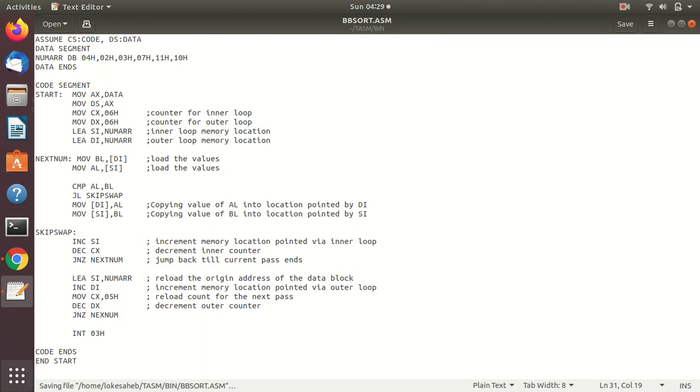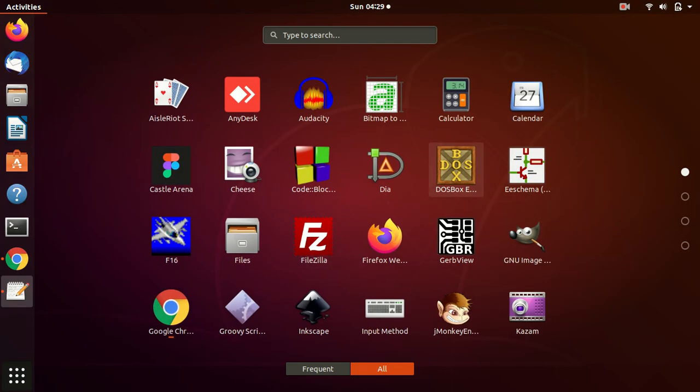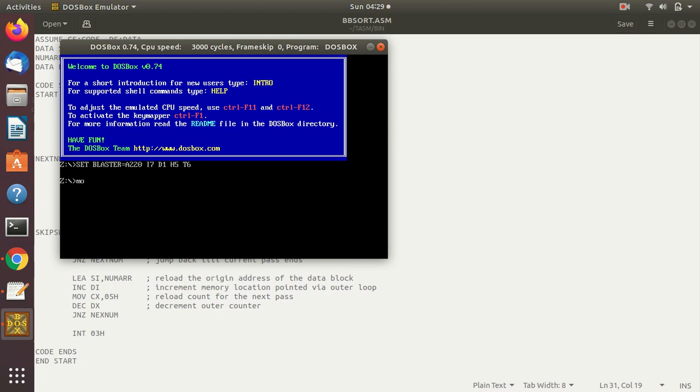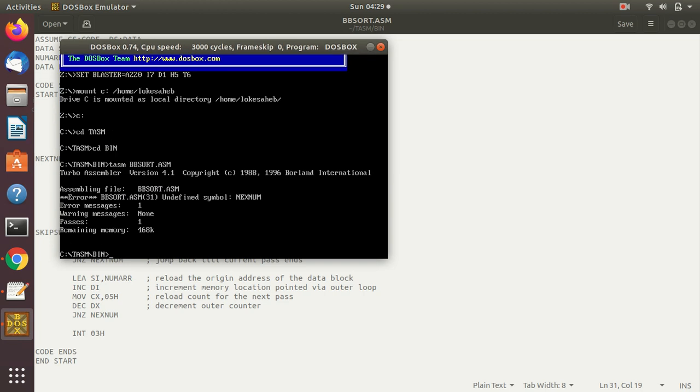Okay, so now let's load up the assembler. Mount C colon. bb sort dot asm, undefined symbol next num.